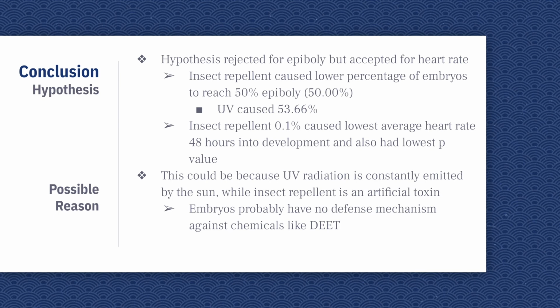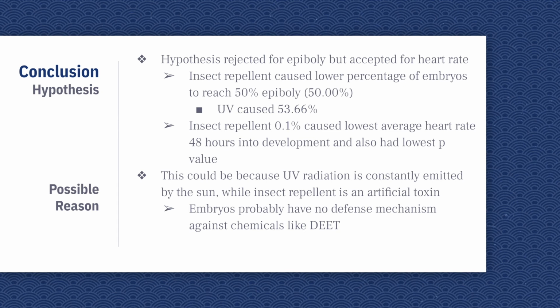Based on these results, the hypothesis for this experiment must be rejected regarding epiboly and accepted regarding heart rate. It was hypothesized that UV radiation would result in a lower percentage of embryos to reach 50% epiboly because of its classification as a universal carcinogen and its various effects on different organisms. The results of this experiment demonstrate that although UV radiation did hinder embryonic development in a way that 53.66% of embryos reached 50% epiboly, insect repellent stopped the development of the embryos slightly more, with only 50% of embryos reaching